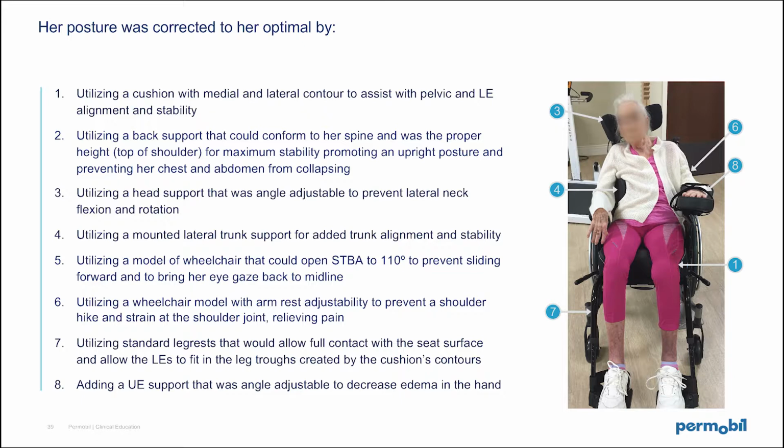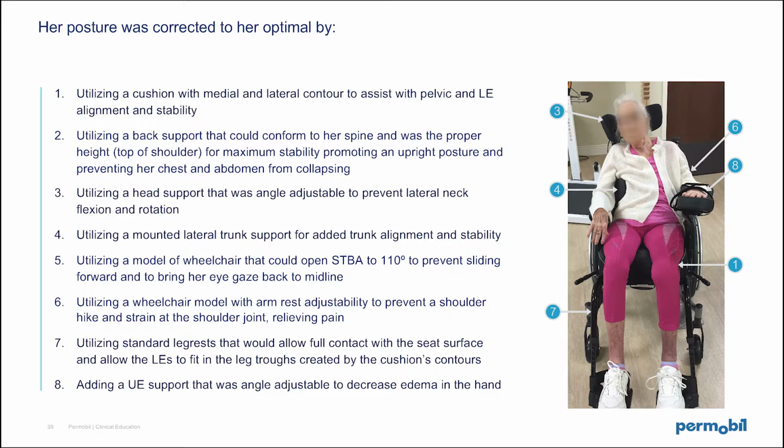The next thing that I did is I changed out her back support from that tall straight back that couldn't be molded at all to one that could contour to her spine and that was the proper height. It wasn't 6 inches above the top of her shoulder. It was exactly to the top of her shoulder so that I could create maximum stability and so that I could promote upright posture and prevent her chest and her abdomen from